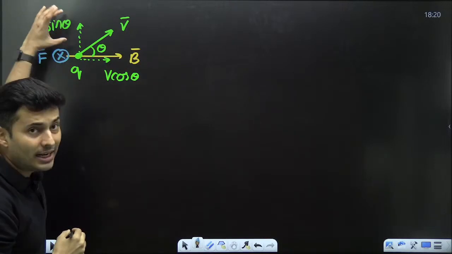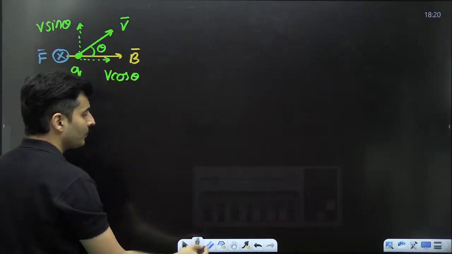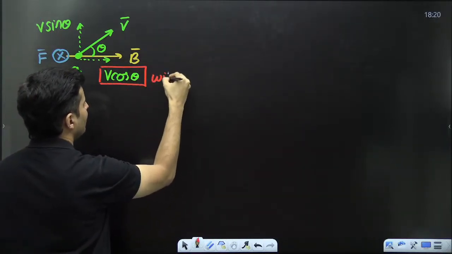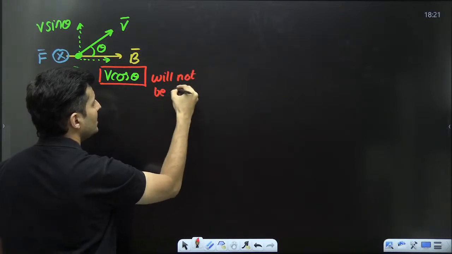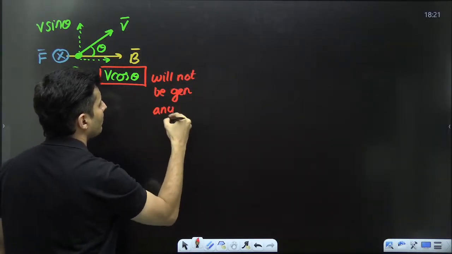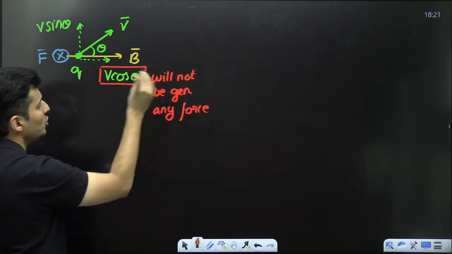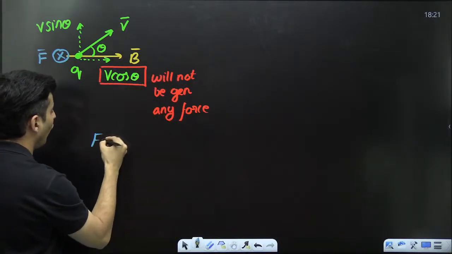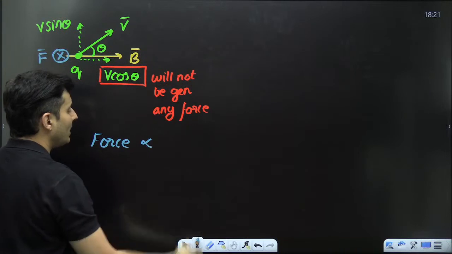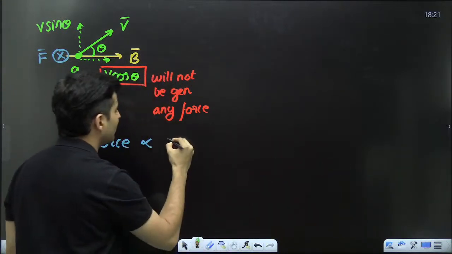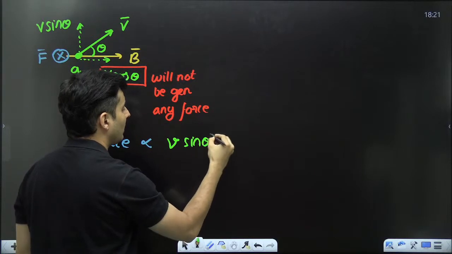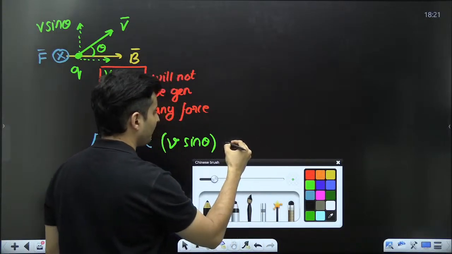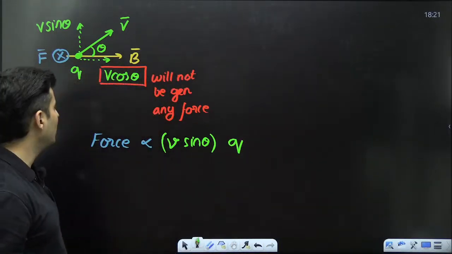That force will only depend on v sin theta. This particular v cos theta will not be generating any force. It's a useless component. Only v sin theta is the useful component. And this force was found to be directly proportional to the velocity's sin theta, that means the perpendicular component. It was also found out to be proportional to the charge. And it was also found out to be proportional to